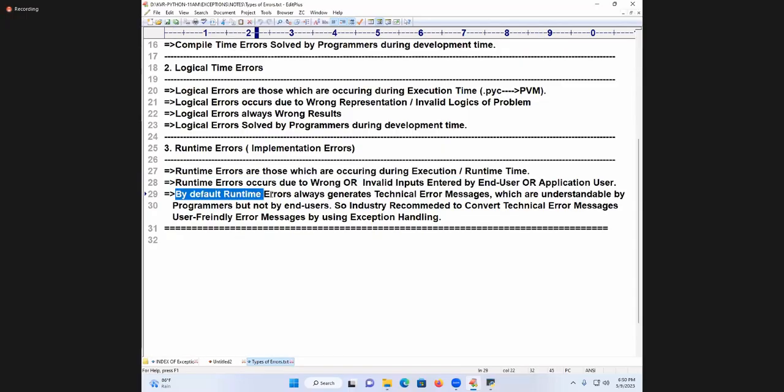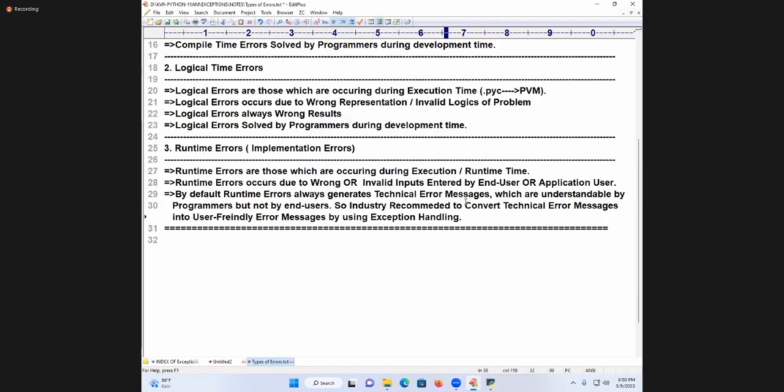By default, runtime errors always generate technical error messages which are understandable by programmers but not by end users. So the industry recommends converting technical error messages into what? User-friendly error messages by using exception handling.